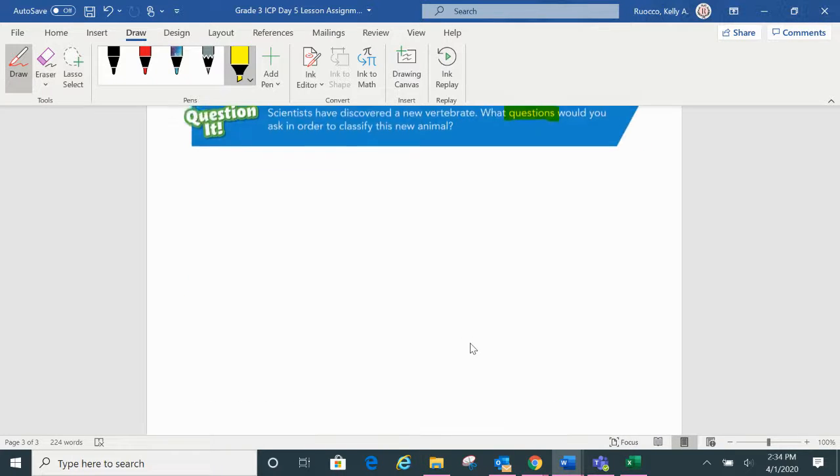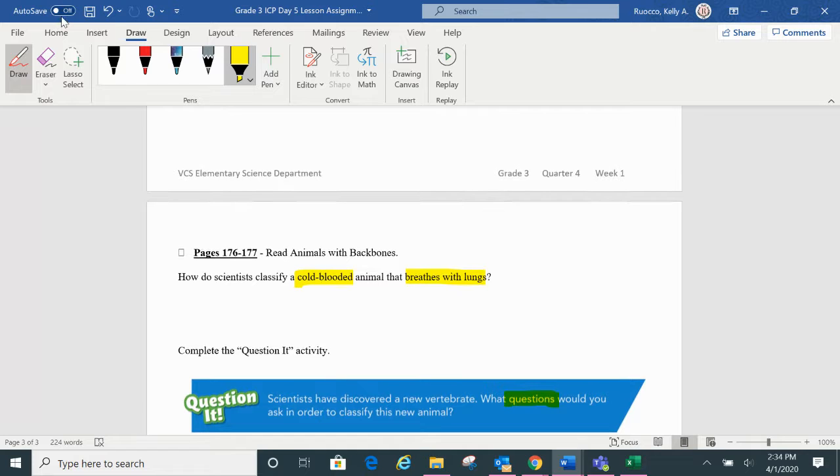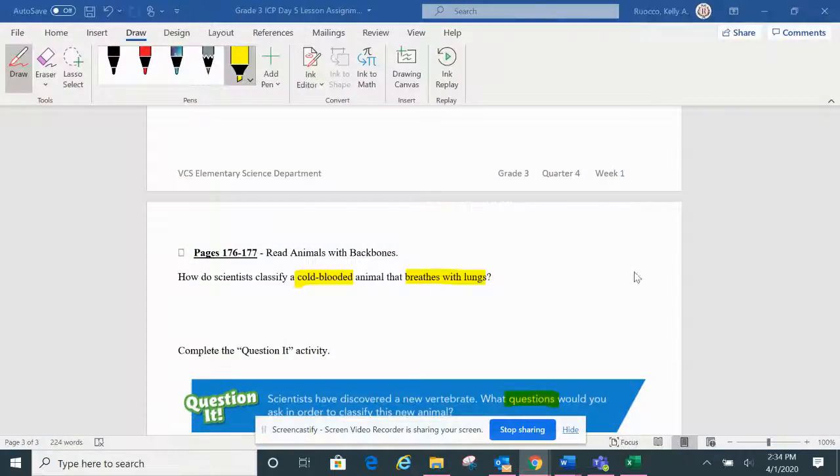I scroll down, and I've completed all of it. If my autosave is on, I'm good to go. If I forgot to turn it on, I'm going to make sure that I save it. I'm going to come up to share, and I'm going to share this with my teacher. If you have any questions regarding any of your